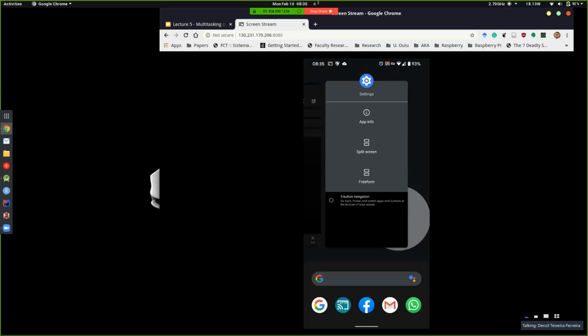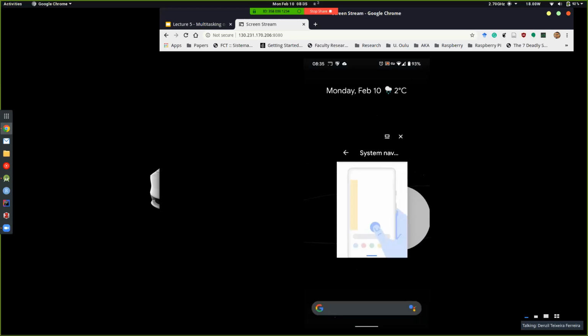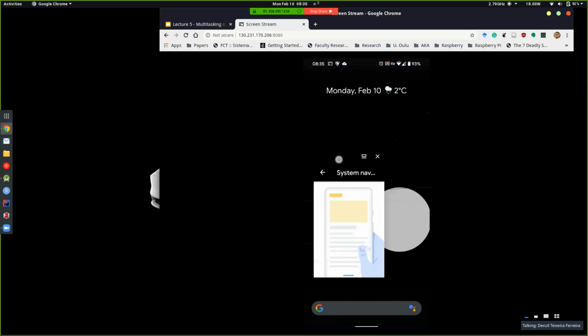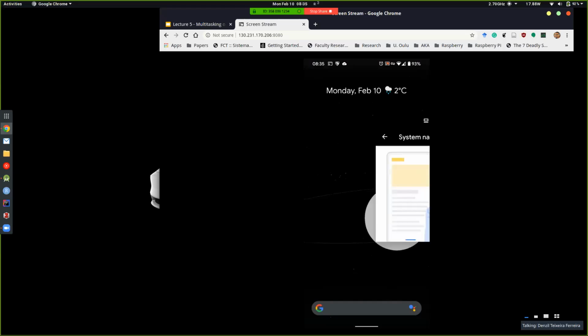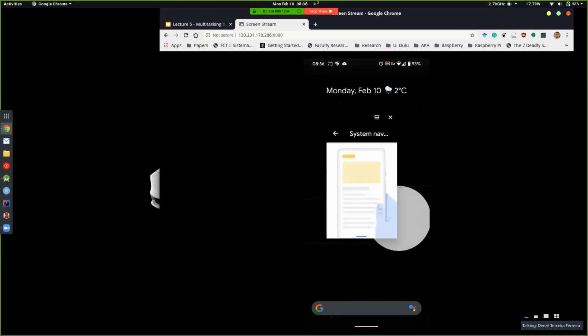There's actually a new one here that's not even on video, it's freeform. The freeform actually makes my phone act as a desktop. So if I press there, you can see here, this is a window that I can move around. And so I can have multiple windows open. Of course, the screen is so tiny that this doesn't make any sense, but it might be that in the future, Google will enable